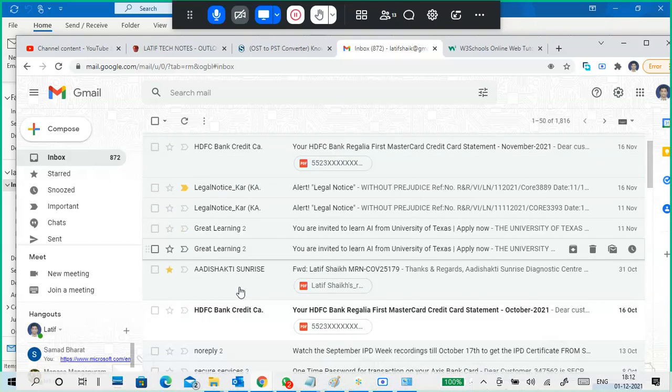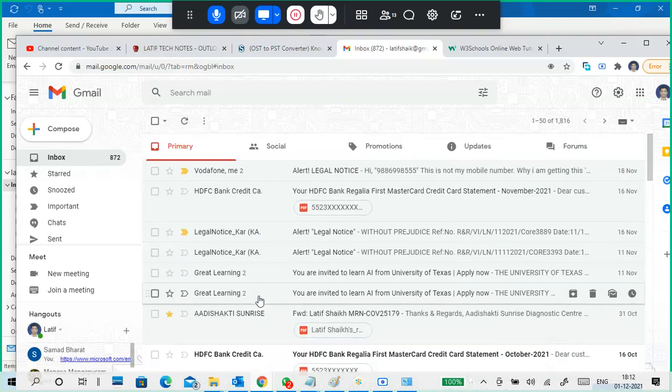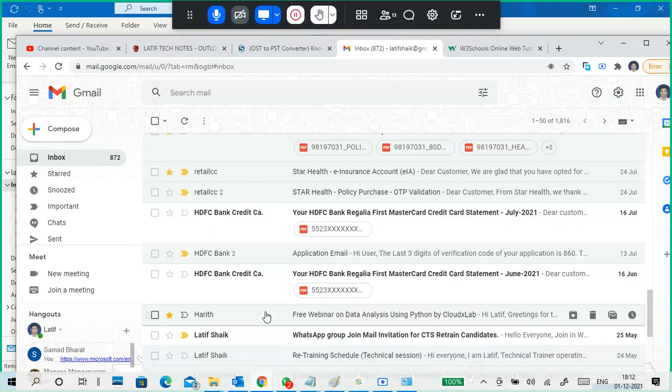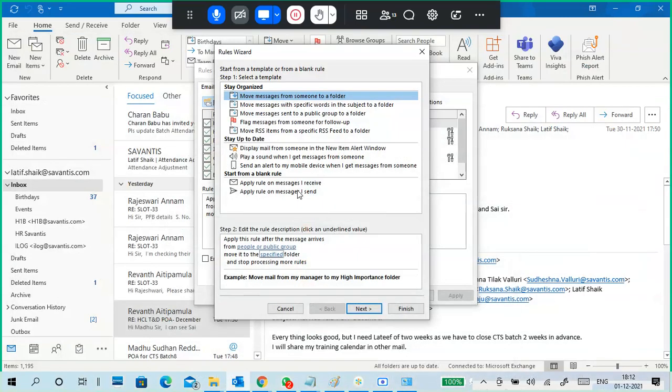So you see, like Vodafone, what is this? It is great learnings. So we don't need it. Once you read it, it has become an inbox mail. But sometimes important mails will be there. Sometimes subject-based mails are there. Even I divide the mails like this. See, I categorize mails: Microsoft mails, JNTU mails, personal read mails, read mails, that kind of stuff. It is very difficult to organize in a normal way. But here it is already created, so now I am able to organize it.